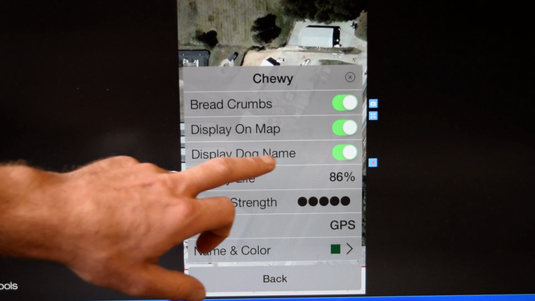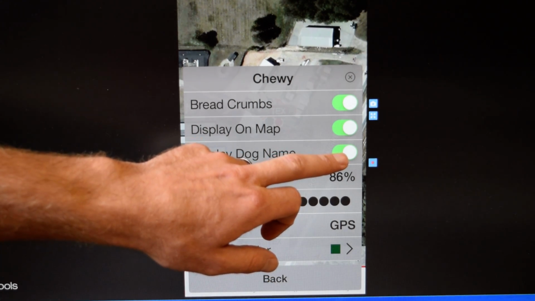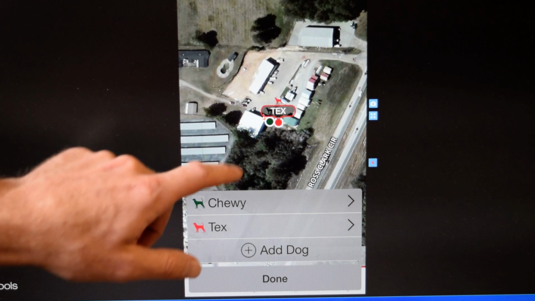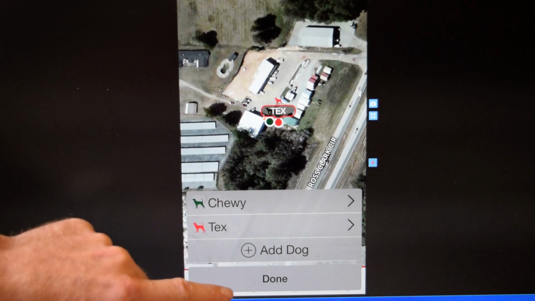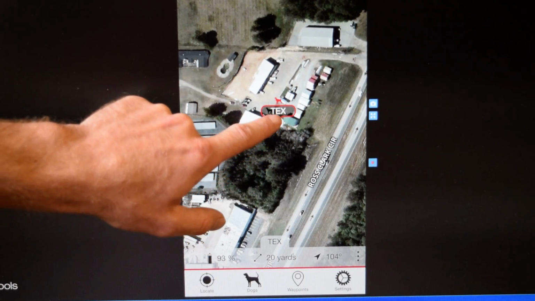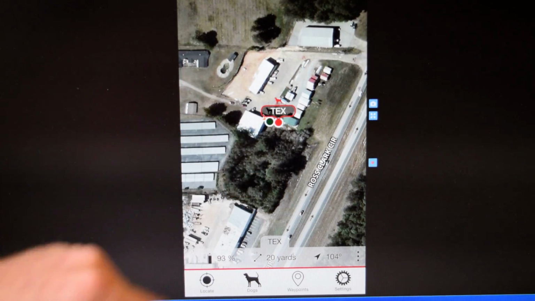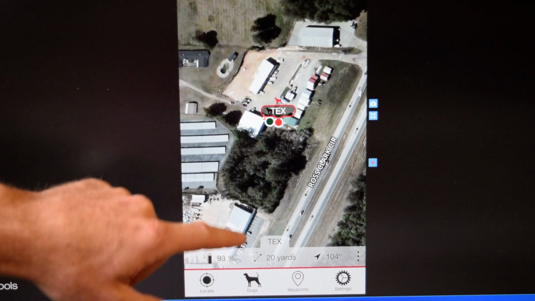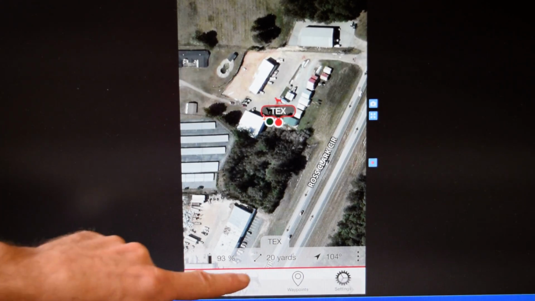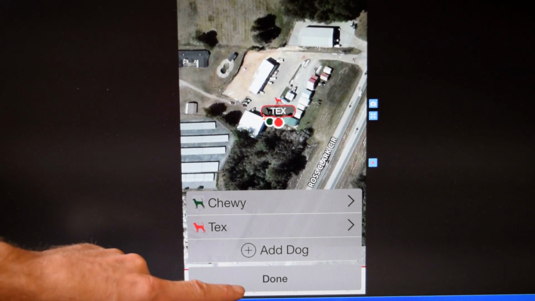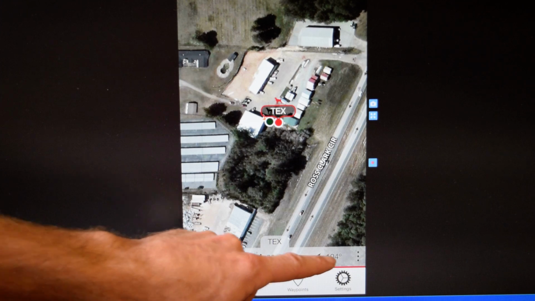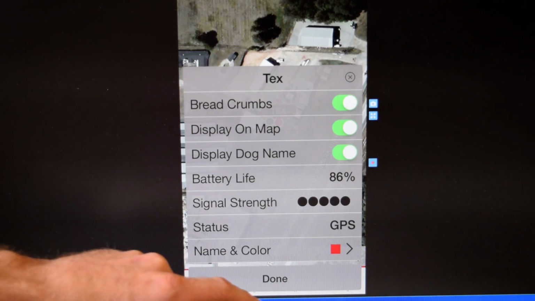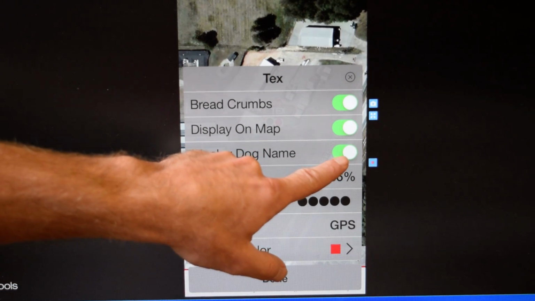If you turn off just display dog name, for instance, we'll do that and then we'll go back. As you can see, Chewy's name is no longer there. So say if I wanted to turn Tex's name off, I could go to dogs and go to settings that way. Another way to get there is to touch these three dots on his information bar, and you can get there that way. So if I turn off his name,